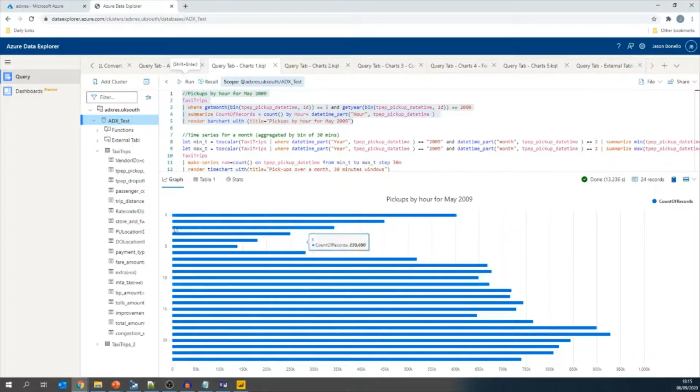And you can see here the hour. So we can see that 7 o'clock is the time with the most pickups, with this particular count there, 900